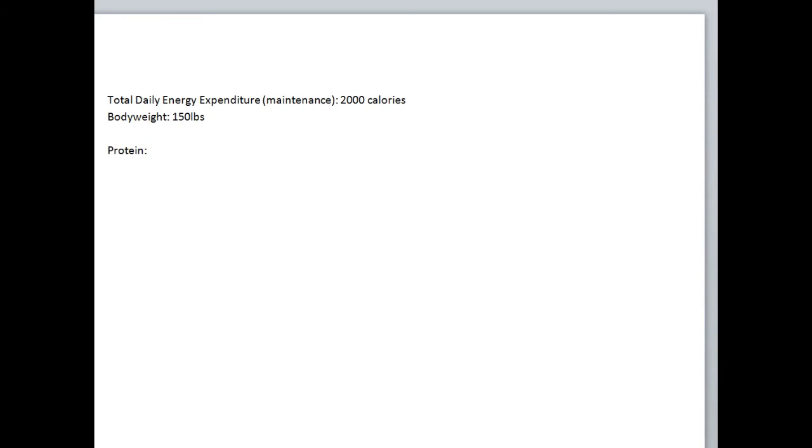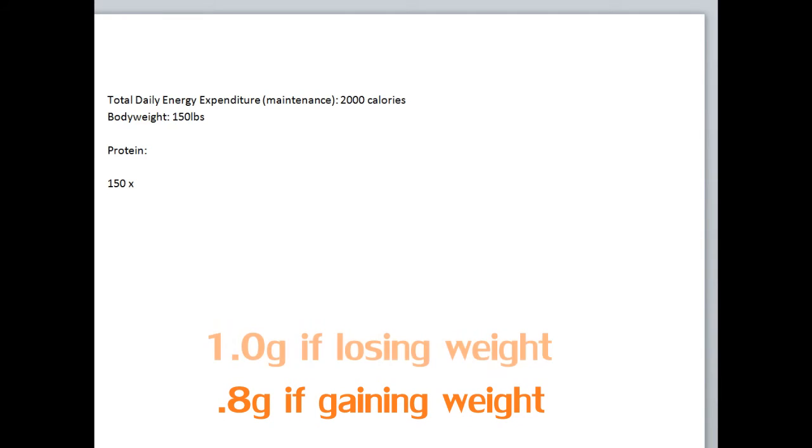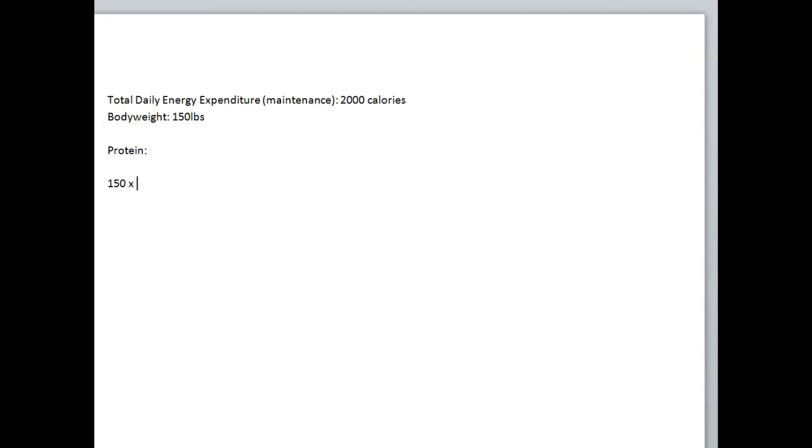For this section, we are going to need to find two different numbers. One is your actual protein in grams of how much you need to be consuming. So let's assume that this person, 150 pounds, so you're going to take your weight, so 150 in this case, again, put your weight in there, 150 times, let's say in this case, this person is trying to consume 0.8 grams. So the recommendation is between 0.8 and 1 gram of protein per pound of body weight. So in this case, we're going to take 0.8. So 0.8 equals,